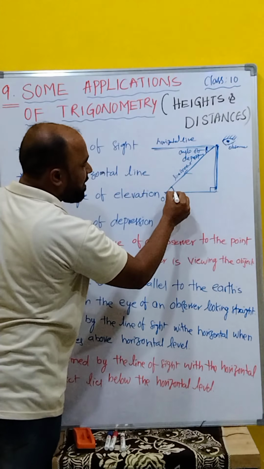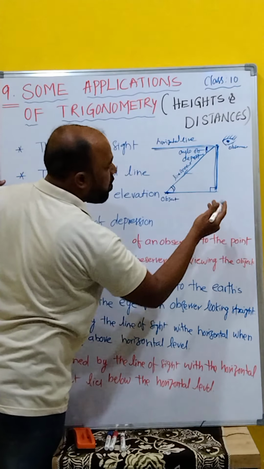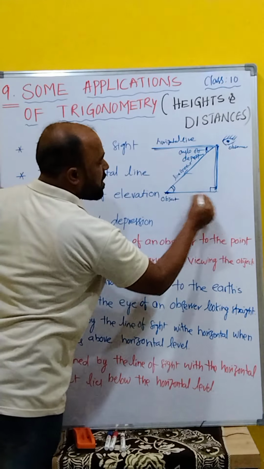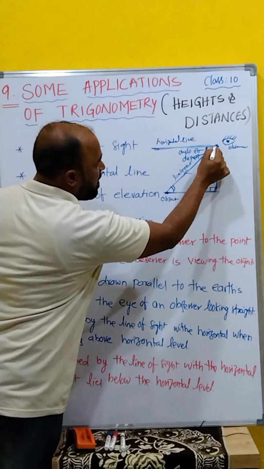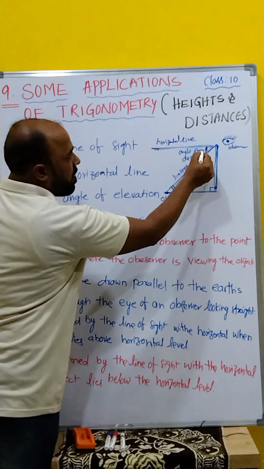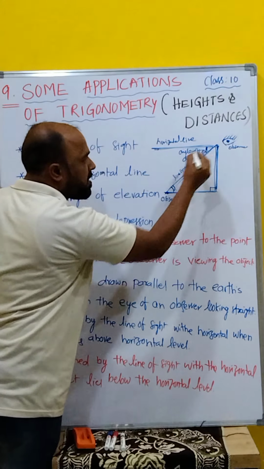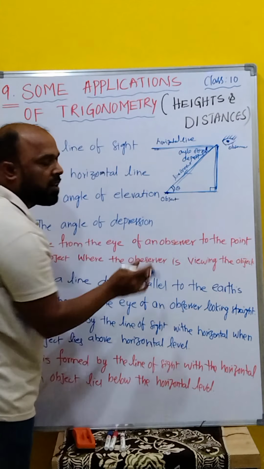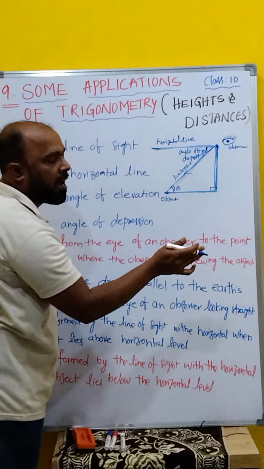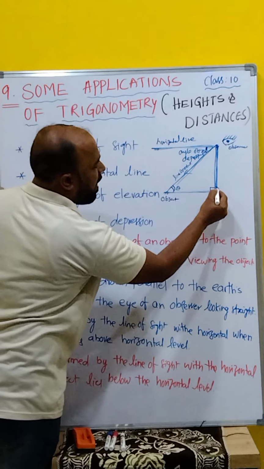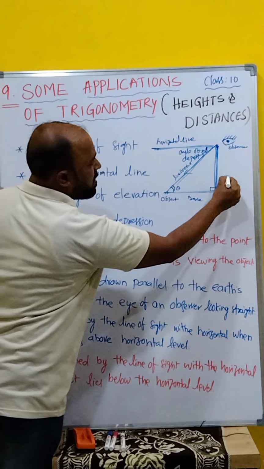The angle of depression and this one both are equal. What is the reason? According to the properties of lines and angles we know, we did it last year. Okay? If two lines are parallel and this is the transversal, then what are these two angles called? Alternate angles are equal. Suppose theta is your angle of depression, then obviously this is also theta. Because using this triangle we can find this one and this one, the height and distance between the object and whatever is there, the vertical position. Clear, children? What is this one? Base, again this is height.